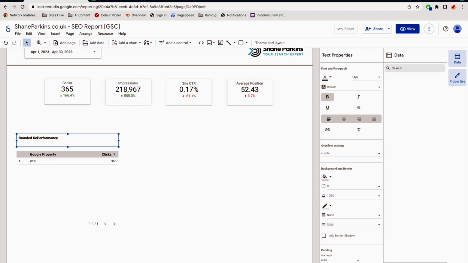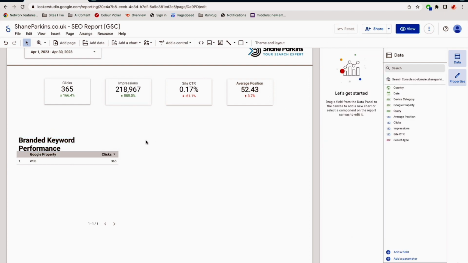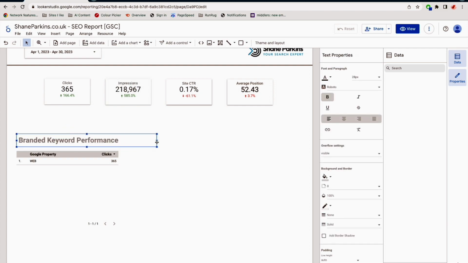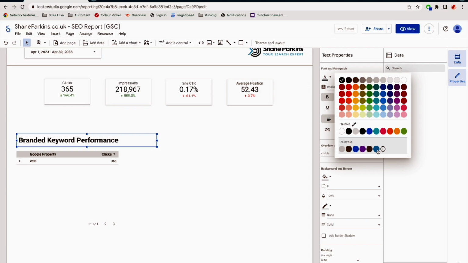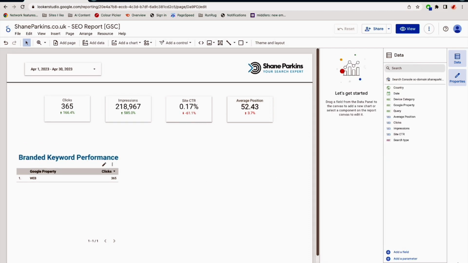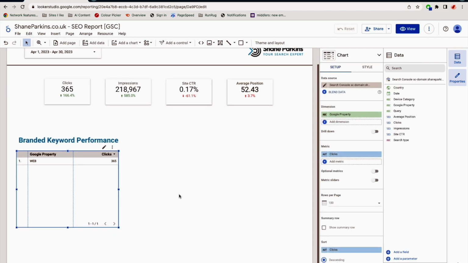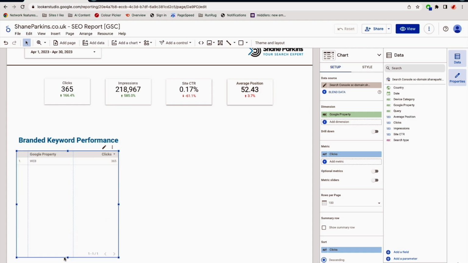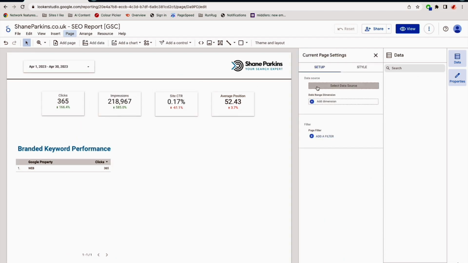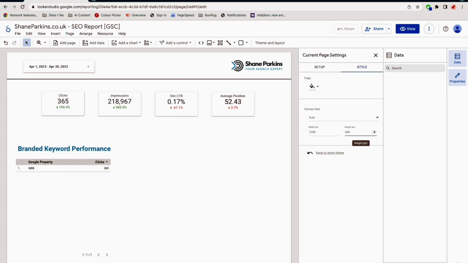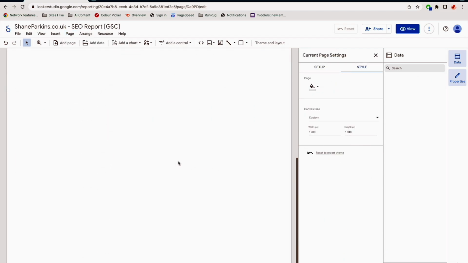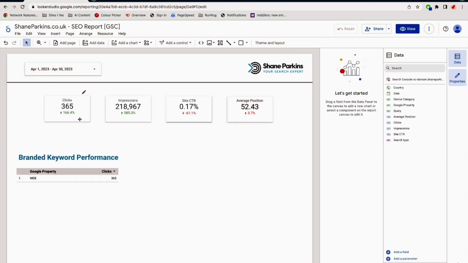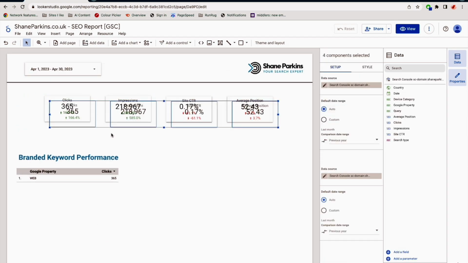Line that up. Keyword performance. Make that a little bit bigger. Okay, and then for this one in particular, what I'm going to do is change that to the blue, so it's in line with the brand. And what's going to happen here is, there's a scroll bar, just run out of space. So you click on page, current page settings, style, change this to 1800, which doubles the size of the page. And another thing I want to do is actually use these